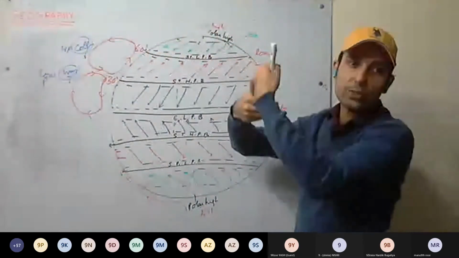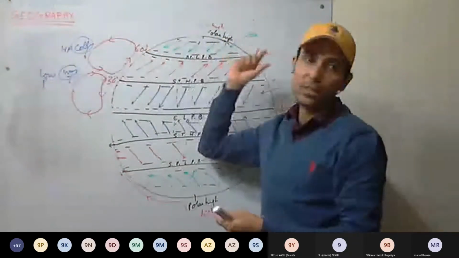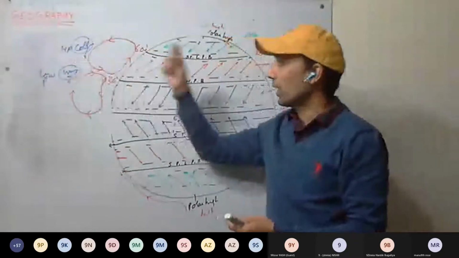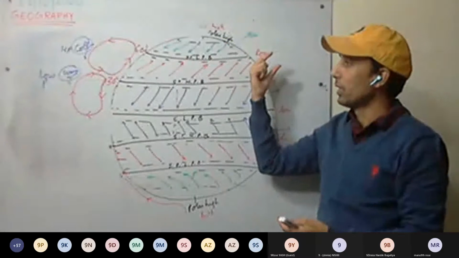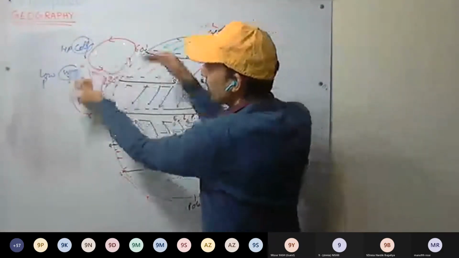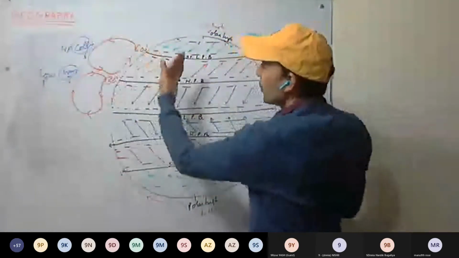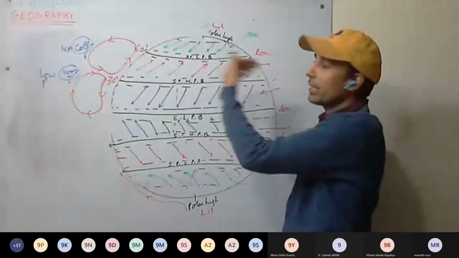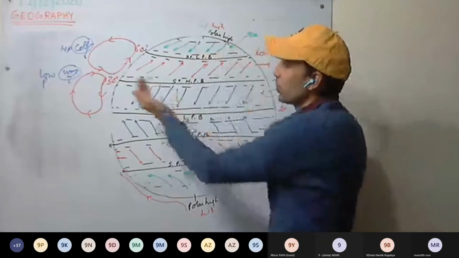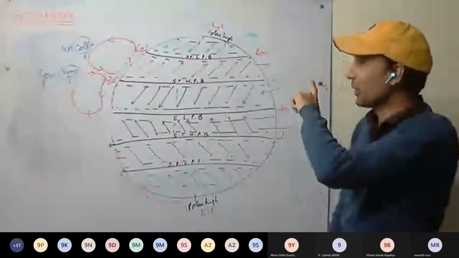So there is a huge difference of temperature between the winds. A narrow stream is formed and the speed is very high, around 30 kilometers per hour. As they flow, there is always a struggle between the pressure gradient and the Coriolis effect. Because of that, it flows in a meandering shape, like a meander. So it flows this way, in a meandering shape.